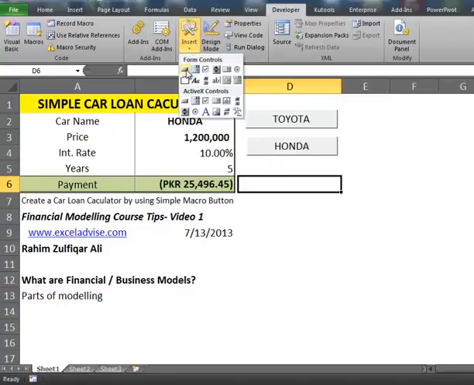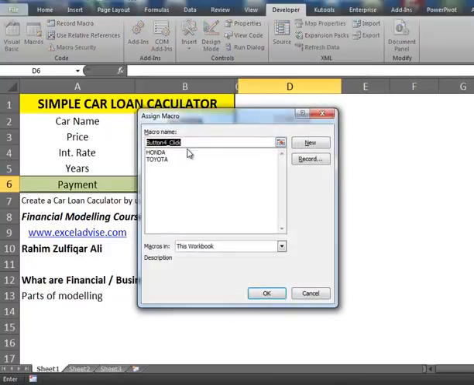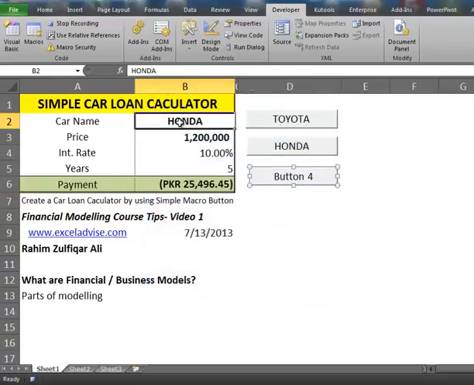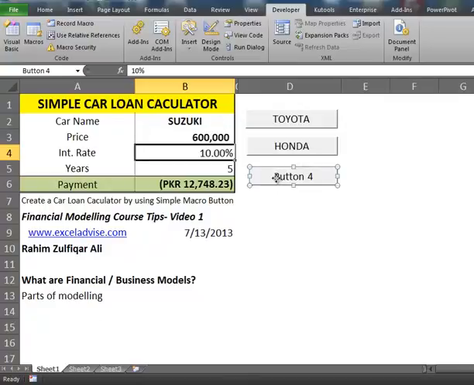Similarly, for the third car, again go to Insert, Form Controls, button, and place it below the Honda button. It will ask you for a macro name, so give it Suzuki. Click on Record, OK. Again go to B2, and instead of Honda write Suzuki, and the price for Suzuki is 6 lakh rupees. OK, and stop this macro. Right click on this button, Edit Text, and rename Button 4 to Suzuki.